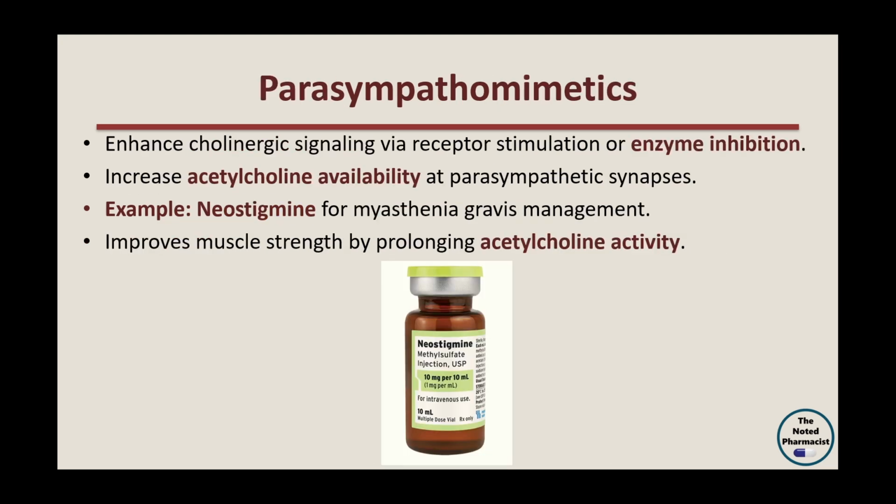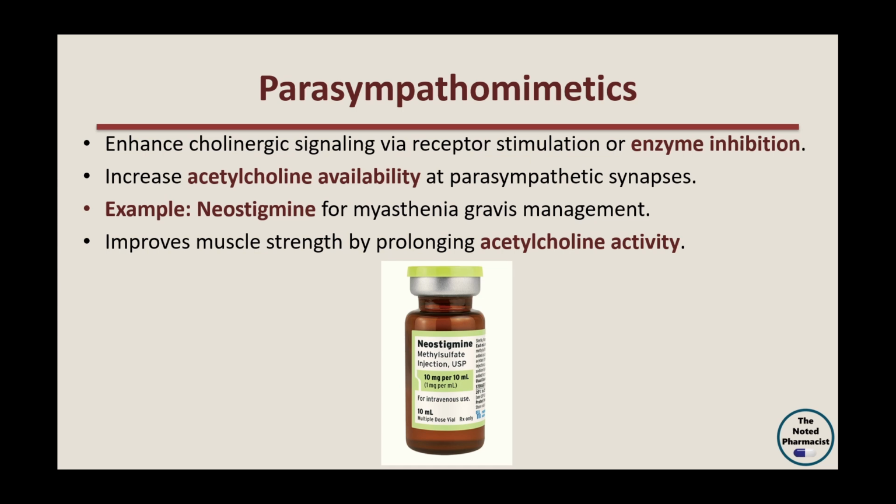Let's look at the third class of drugs, which are parasympathomimetics. Parasympathomimetics are agents that enhance cholinergic neurotransmission by stimulating muscarinic or nicotinic receptors or inhibiting acetylcholinesterase, the enzyme responsible for breaking down acetylcholine. This action increases acetylcholine availability at synapses, amplifying parasympathetic effects such as smooth muscle contraction and glandular